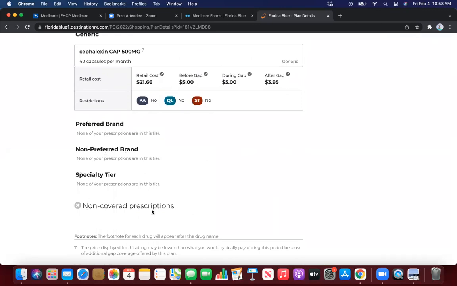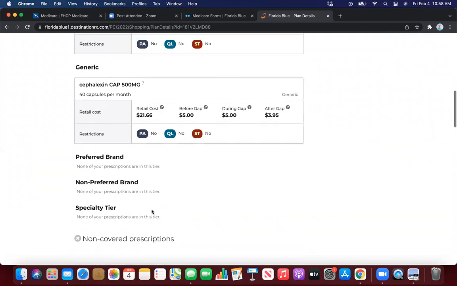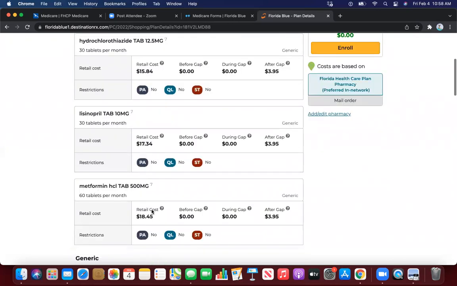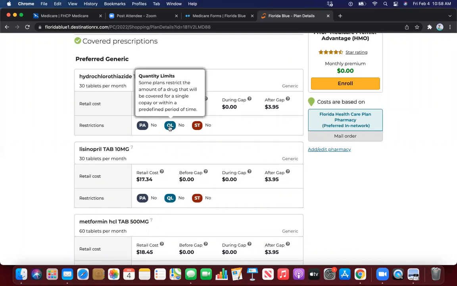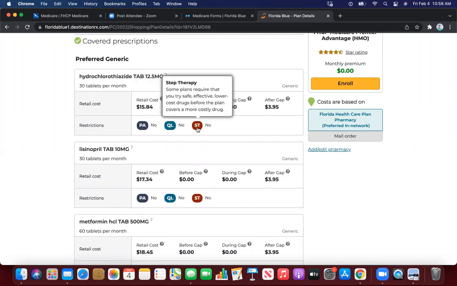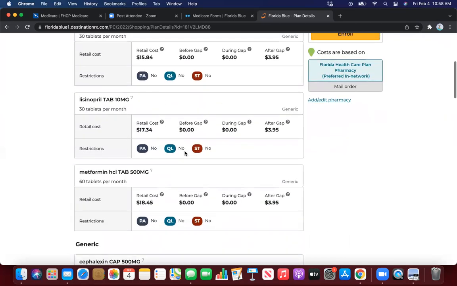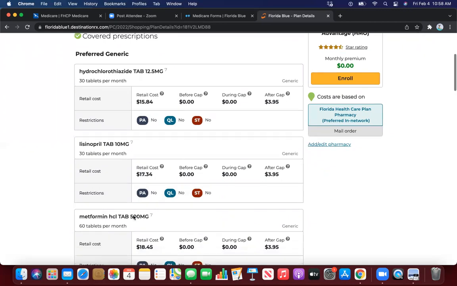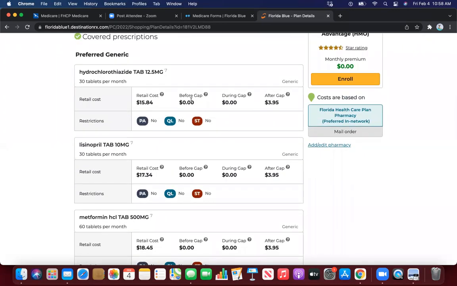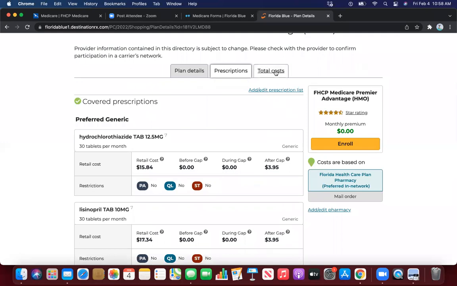And then you've got preferred, non-preferred, and specialty tiers, and your non-covered prescriptions would show here, but all of these are preferred generic and generic. It also breaks it down even further, whether or not it's subject to prior authorization, quantity limits, or step therapy. It looks like none of these are, but it would show whether or not they are. And then it shows what the retail cost of the drugs would be before the gap, during the gap, and after the gap. But to break it down, if you click on total costs,